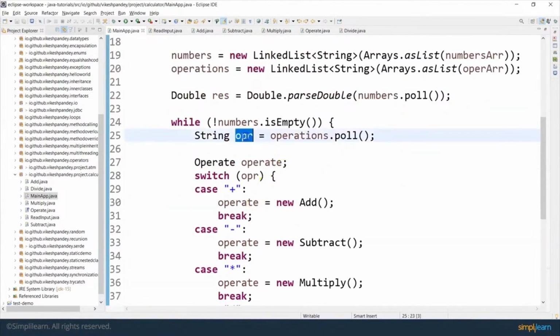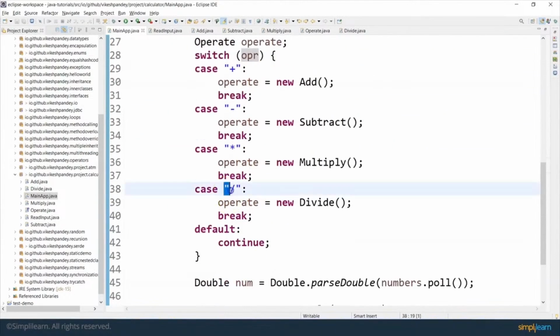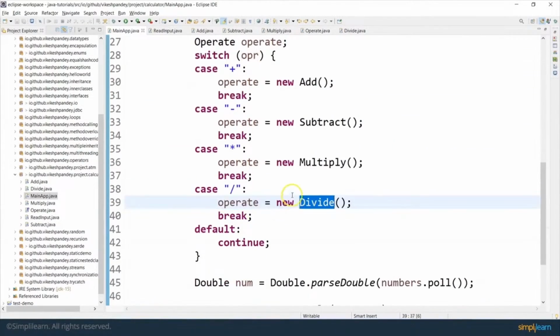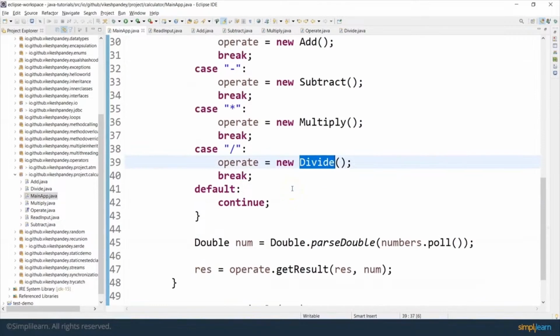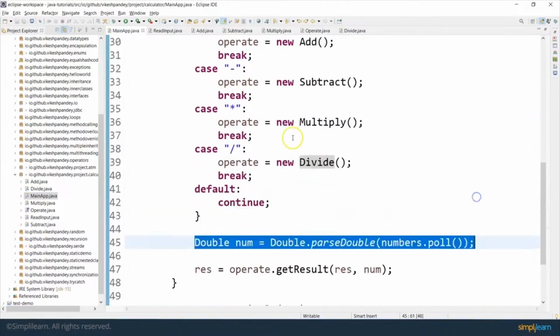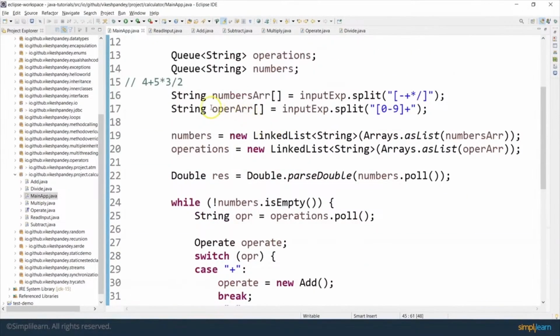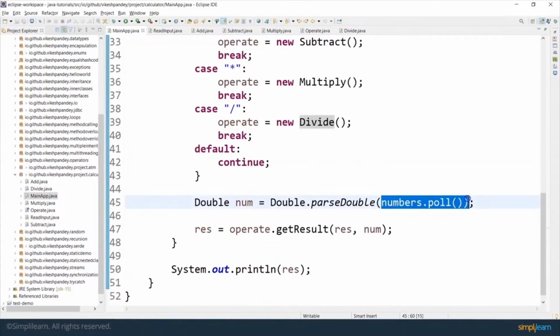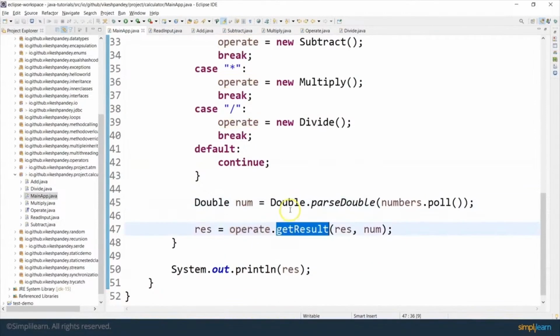And since we have the OPR value as divide, this case block gets called and the new divide class gets initialized. And we come here and we do numbers.poll. Now the last number which is available in this queue is 2, which gets picked up here. And then we again call operate.getResult. This time, since the operate